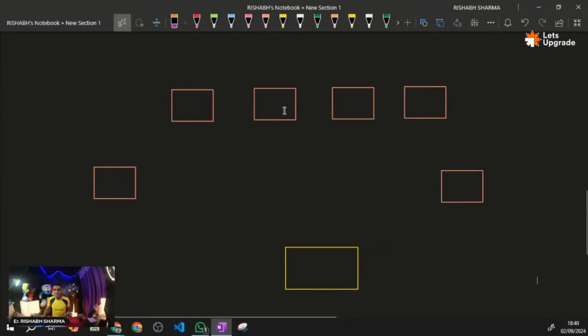I'm just making a simple structure, I will not complicate it much. Try to understand it.